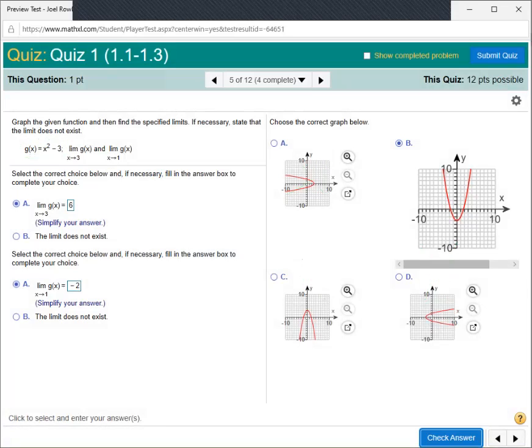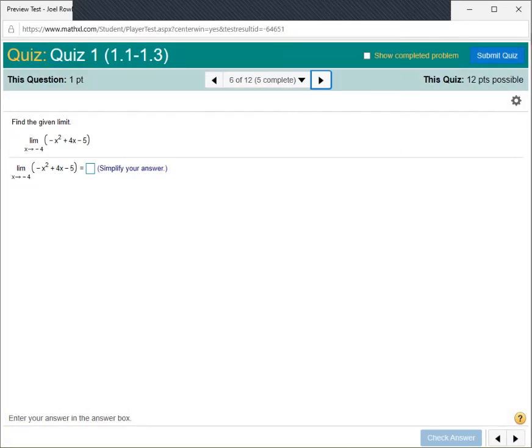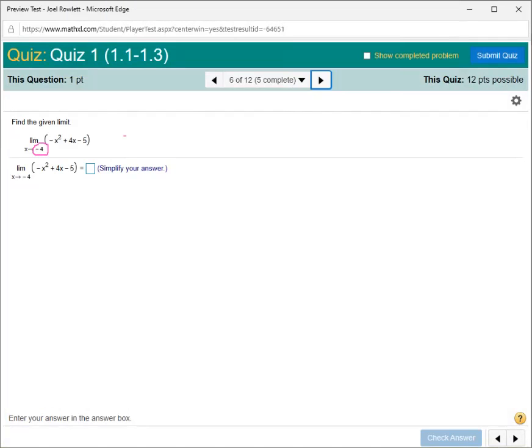Now we will move on to problem number 6. On problem number 6, I have another polynomial, right? There's no danger of a 0 in the denominator or anything like that to worry about. So I'm just going to plug -4 straight into the equation. So that's going to give me -4